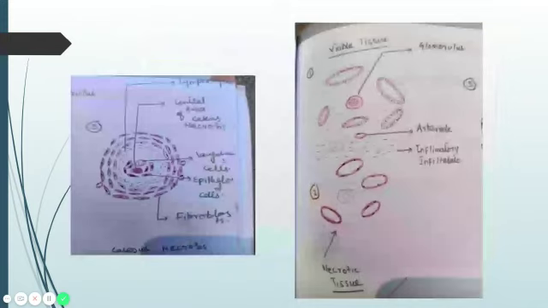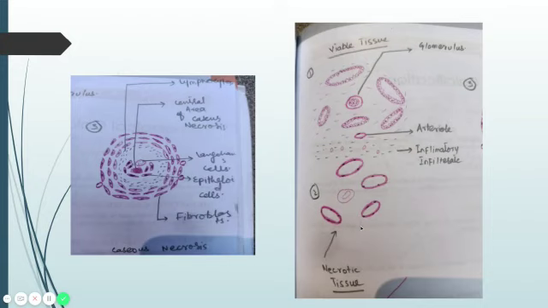And here are the diagrams which you have to draw. This is the caseous necrosis in which there is a central area of caseous necrosis, and there are Langhans giant cells and epithelioid cells, and then there is a surrounding rim of lymphocytes, and these are the fibroblast cells. So this is the caseous necrosis. You have to draw the Langhans cells and epithelioid cells.